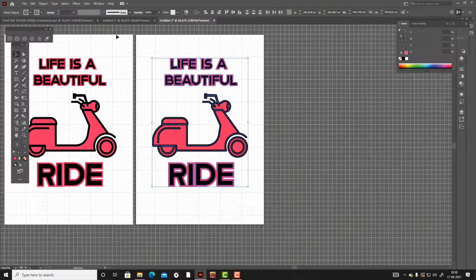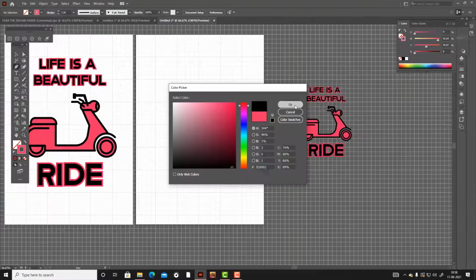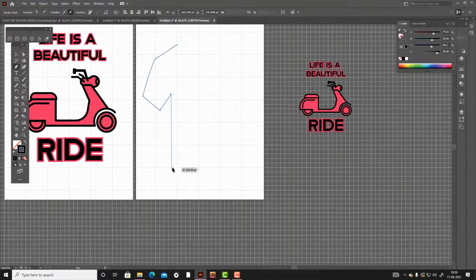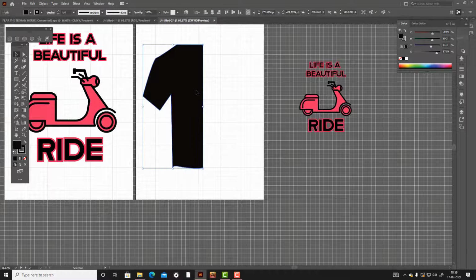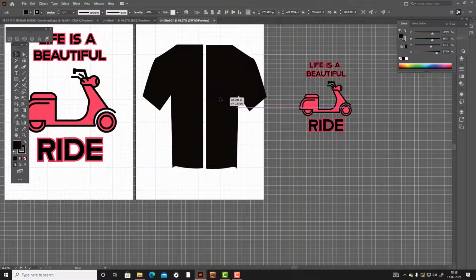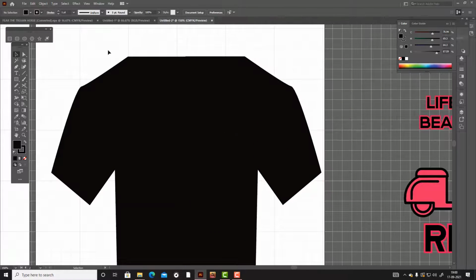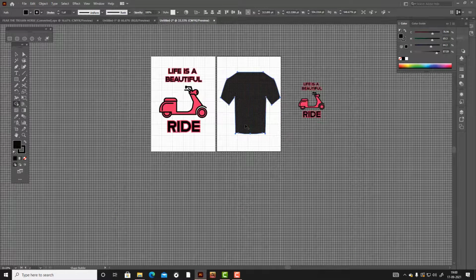I'm taking another copy of these things, and now making a t-shirt. T-shirt making is very easy. You can see how I make this t-shirt mock-up, and the reflecting effect is very important here. I'm just reflecting this part, I'm going to reflect, transform, and put it side by side, and merge it and cut it for the neck portion. So merge it, and now